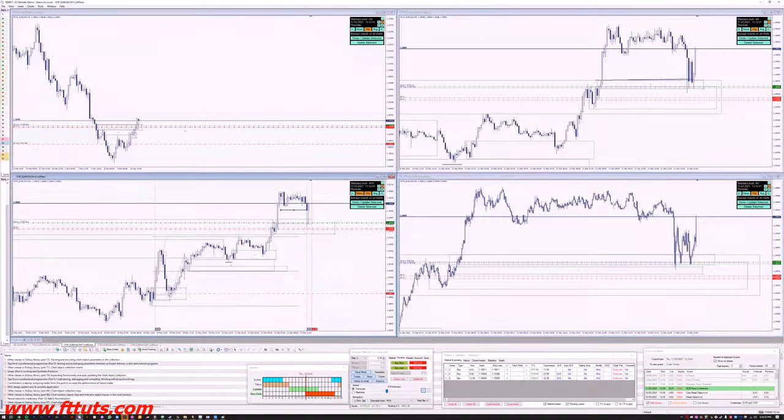The thing is with this, I'd rather wait for a CE like this than try to call which demand is going to hold, right? Because if you're looking at wicks, you're looking at 1, 2, 3, even 4 if this is a wick, which it wasn't on the 5 minute. 3 to 4 places that you can pick from. Good luck. It's kind of hard to pick which one. What are you going to do? Set 4 limit orders and take 3 L's just to take one? I mean, you could do it. You'd probably still be profitable doing it, but